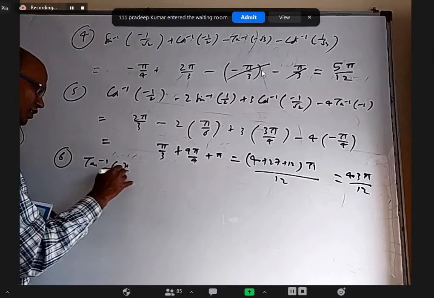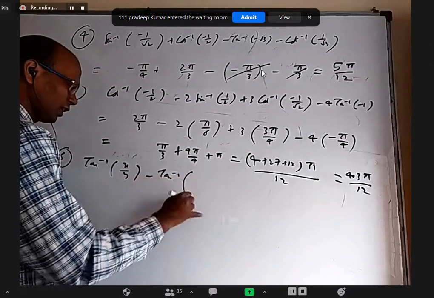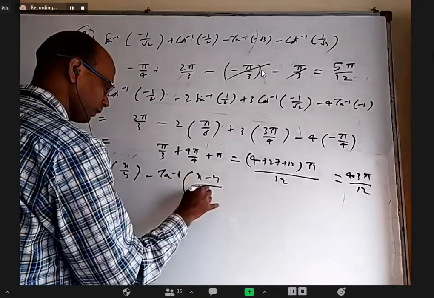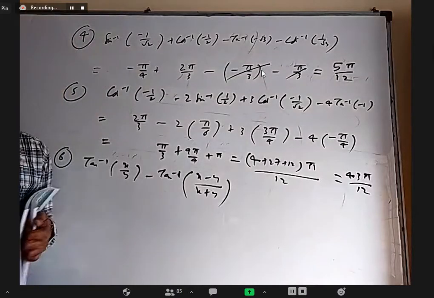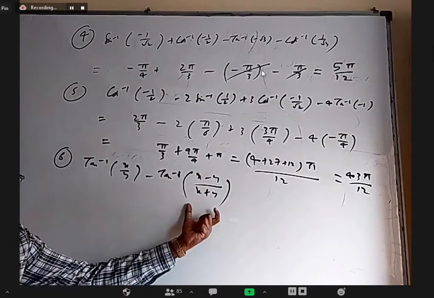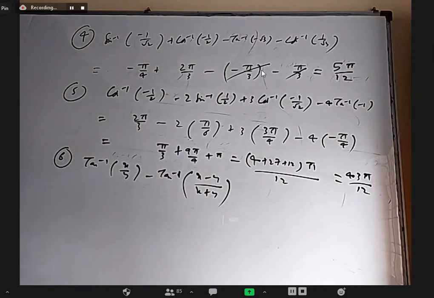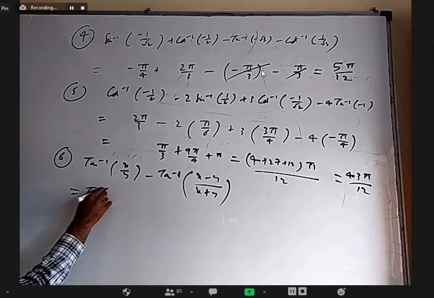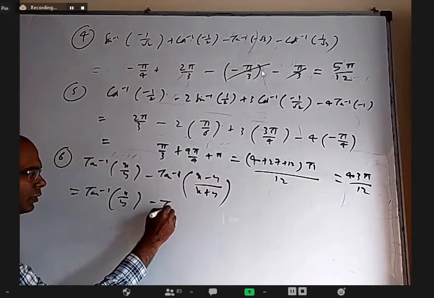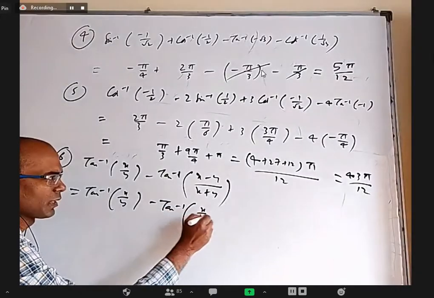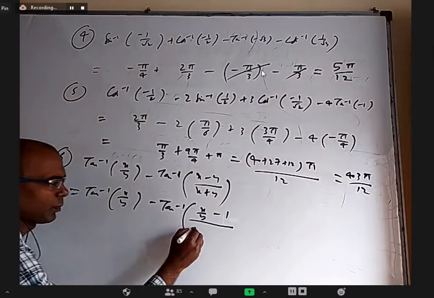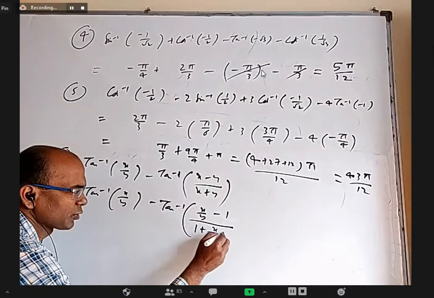Okay, tan inverse x by y minus tan inverse x minus y by x plus y. Somebody can use here the tan inverse A minus tan inverse B formula. Simplify, it will come. But instead of that, you can also do one thing. You divide with y all over here. It will become tan inverse x by y minus 1 by x by y plus 1. But I am going to purposely write it as 1 by x plus y into 1.